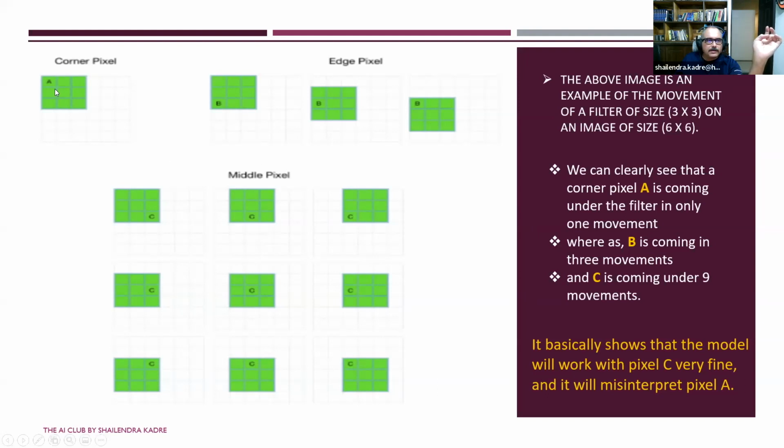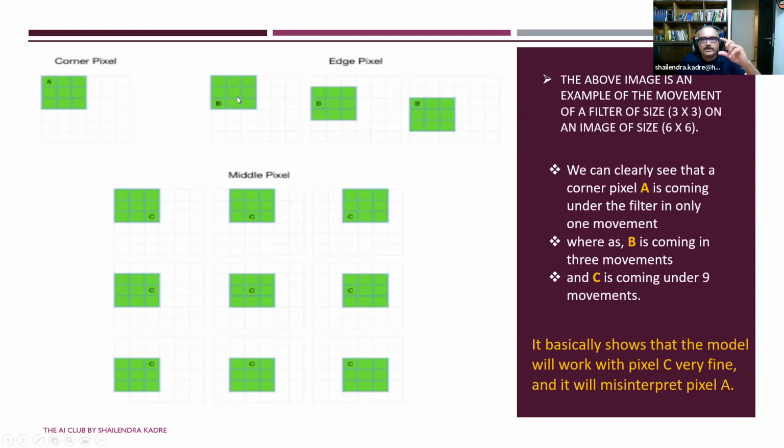The cell in the leftmost top corner is marked with A. When I do convolution, A is covered only one time. After that, I will move the kernel to the right side. The column of A is covered one time, and after that, I move the kernel right. Now, there is a cell in the center marked as B. If I am moving my kernel in the vertical direction, going down,